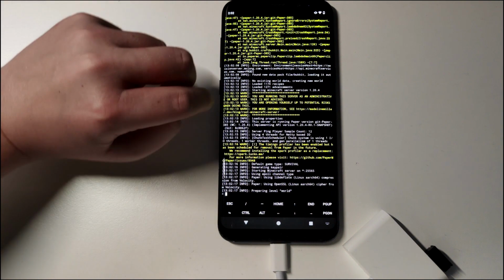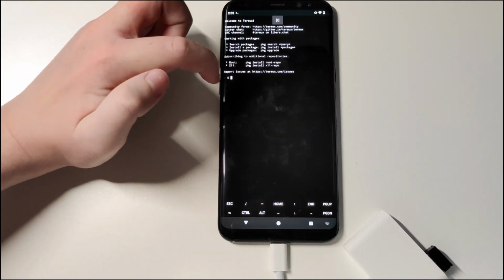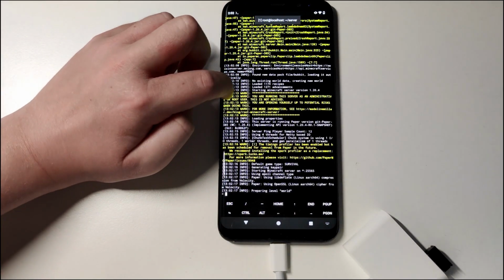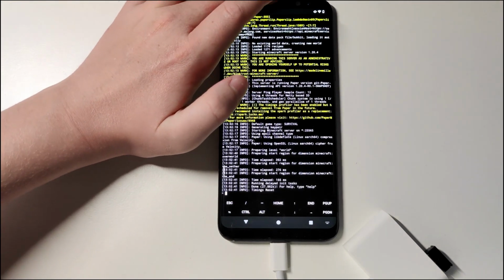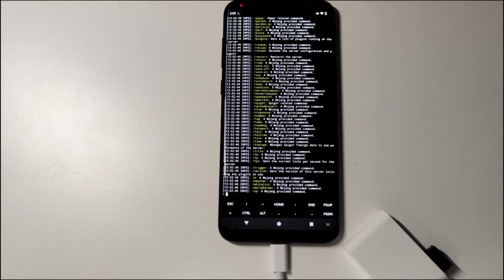So it's gonna start here. I'm just gonna open a new session for play.gg that you can port forward. I'm gonna let it run a bit. So yeah, the server started. You can check it by typing in help or something, and you're gonna see that it started. You can just access it from your own network by knowing your IP, and it's just a Java server right